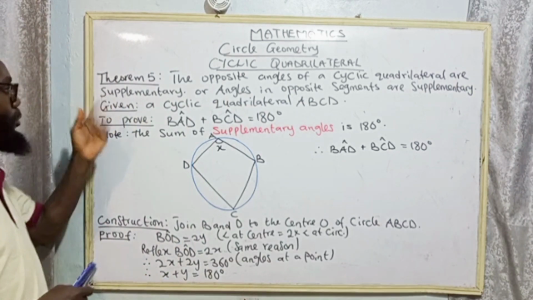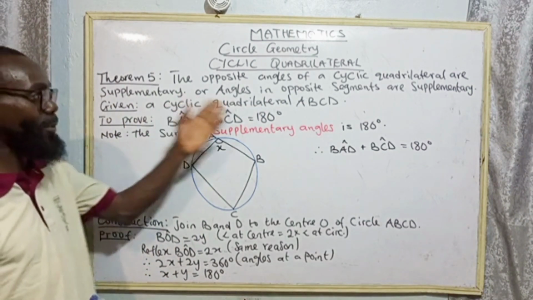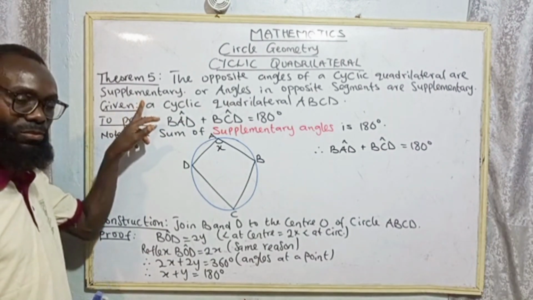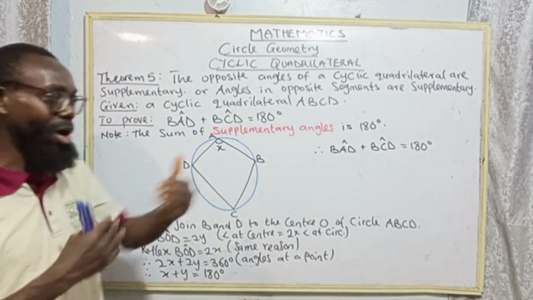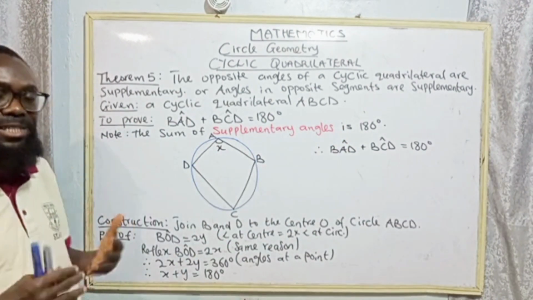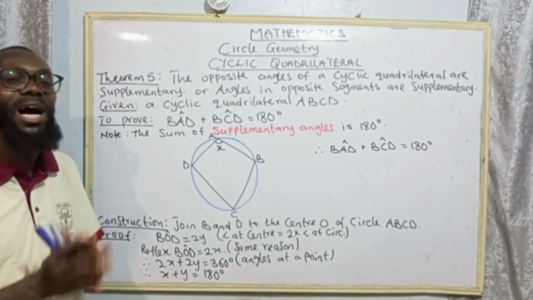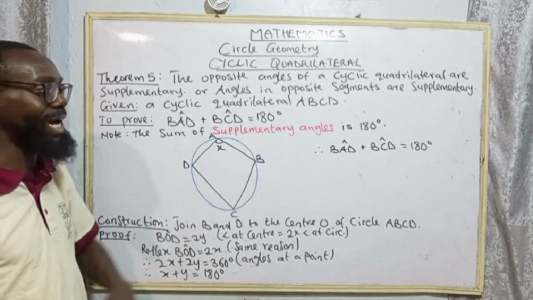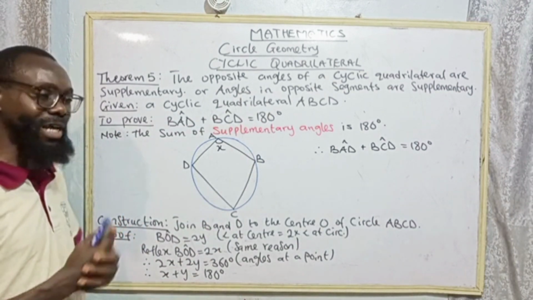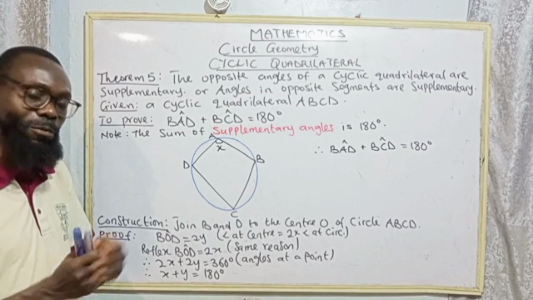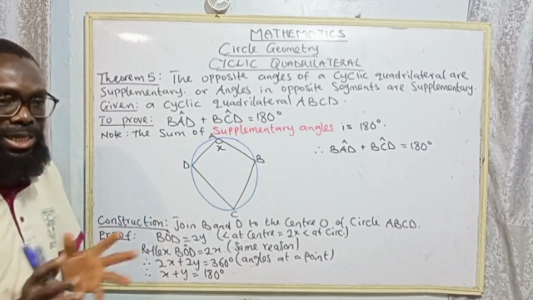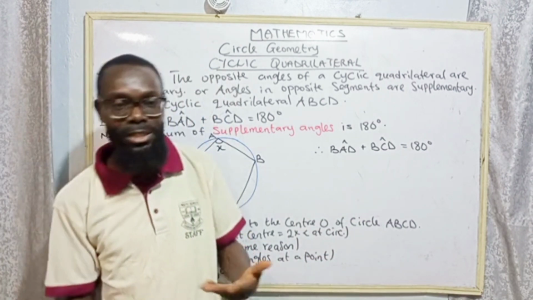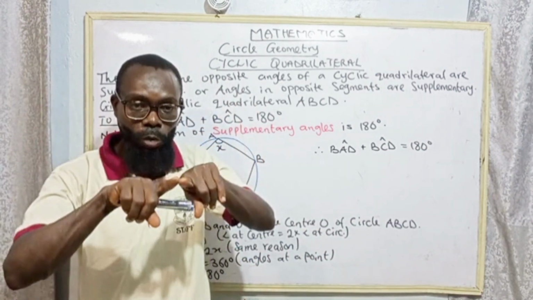Now, we want to prove theorem 5 that says the opposite angles of a cyclic quadrilateral are supplementary. Opposite angles that are opposite to each other. In a cyclic quadrilateral, they say the angles are supplementary. Or we say angles in opposite segments are supplementary. Don't forget, we're talking about opposite segments. We have the minor segment and the major segment, meaning that we are going to have one angle at the minor segment and the other angle at the major segment. When you sum them up, it's going to be equal to